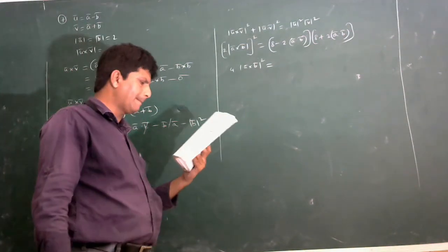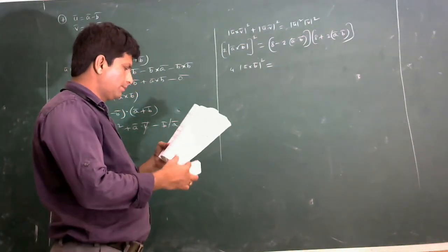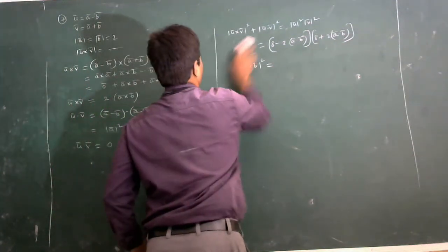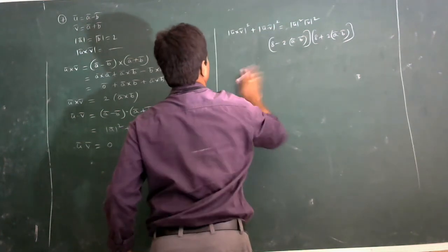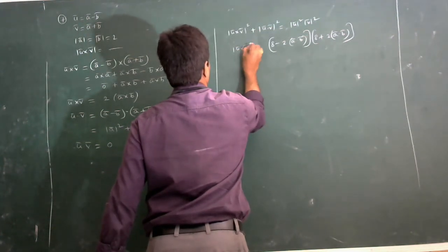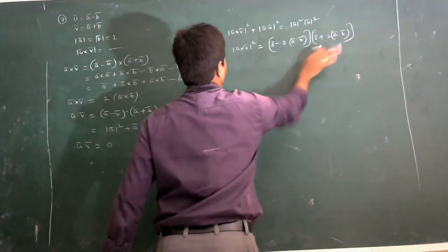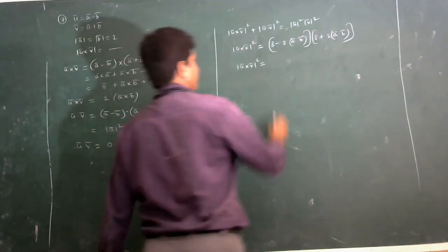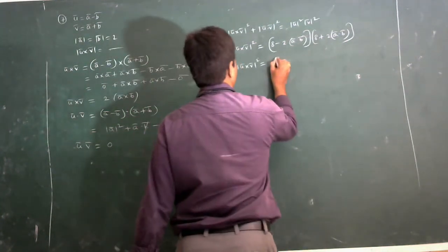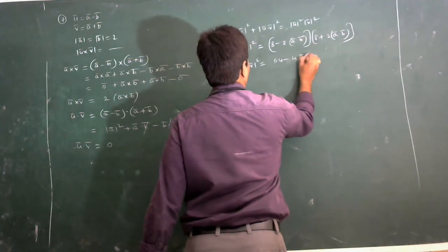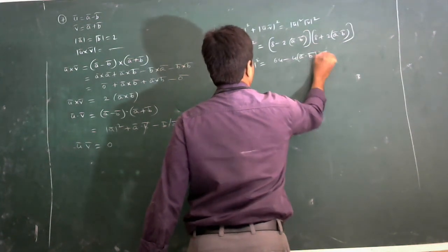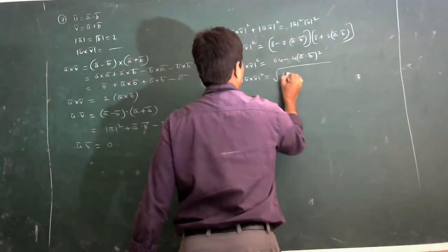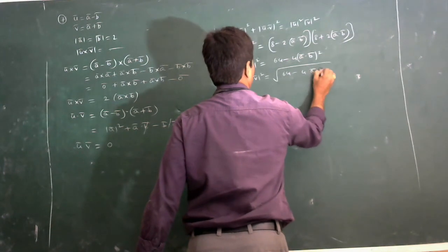actually what do we have to find here? The problem given here, number 8, is mod of u bar cross v bar. We have to find this value only. So this is mod of (u bar cross v bar) whole square. This dot product is 0. This value I am writing. So mod of (u bar cross v bar) whole square equals, using the difference of squares form (8 plus a dot b)(8 minus a dot b), 64 minus (a bar dot b bar) whole square. So mod of (u bar cross v bar) is the square root of 64 minus 4 into (a bar dot b bar) whole square.